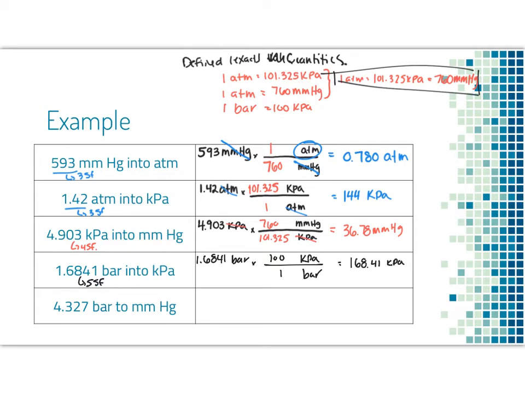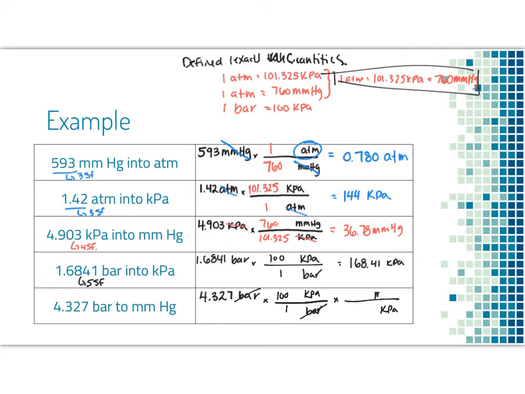Last one, we have 4.327 bar. And we need to convert to millimeters of mercury. Now, the only thing I can convert bar to is kPa first. And then I can use kPa to convert to millimeters of mercury. And I'm going to use this direct conversion without having to go to atmospheres in between. So I'm going to go and convert bars into kPa. So 100 kPa per 1 bar, and the unit of bar cancels. From there, we're going to convert to